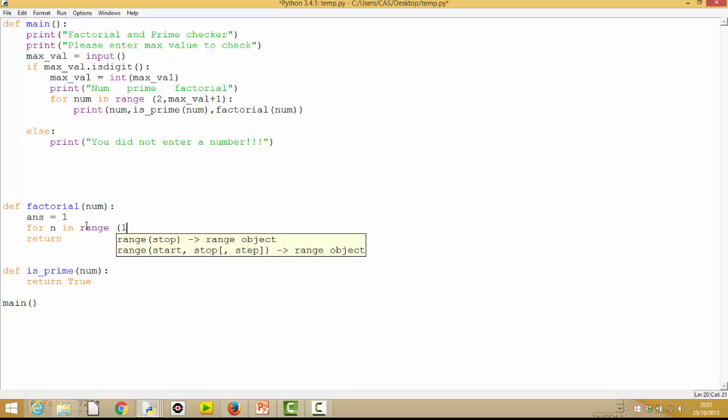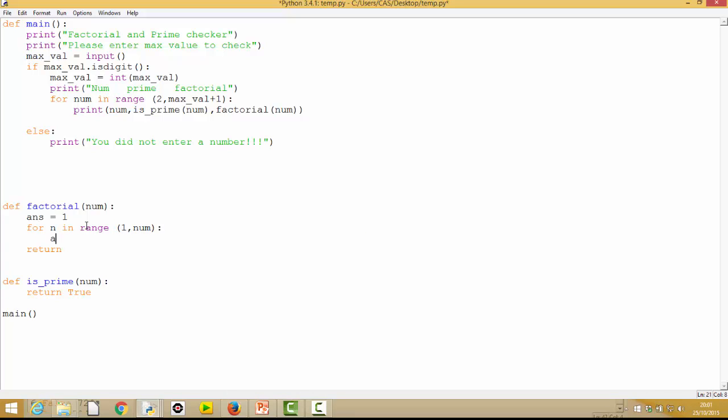So variable n in range 1 up to whatever particular number they're asking me to calculate. That's my for loop. And in here I want to do answer is assign the value answer times n. So there's our loop going round here up to the particular number I'm calculating number of times, and we're multiplying answer by that each way. So answer should be our factorial. We fall out the loop here because there's no more indentation, and here we just return the variable answer, and